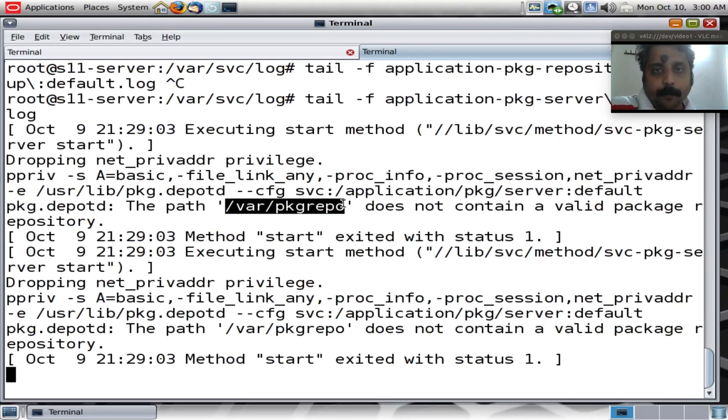We have copied the image packaging system repository files to a directory called export IPS. So it's important now that we modify the service property to point to the destination directory we have used to dump the packages.